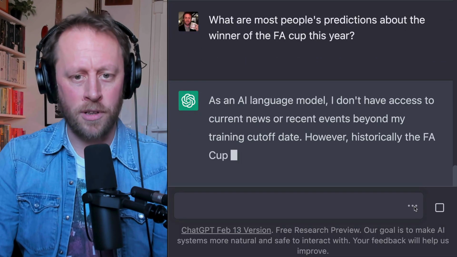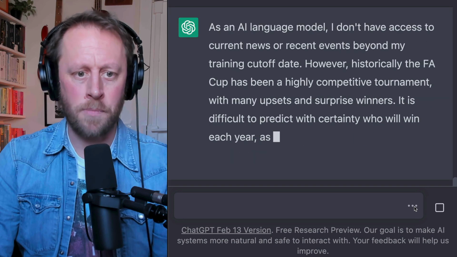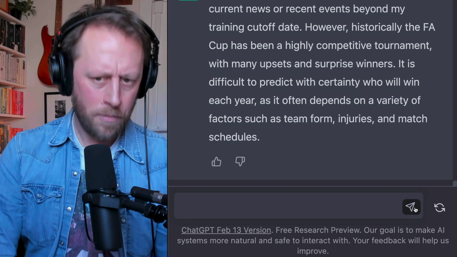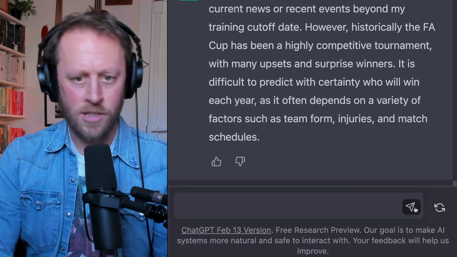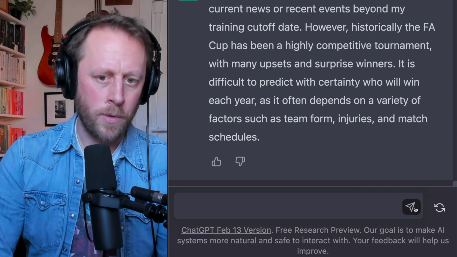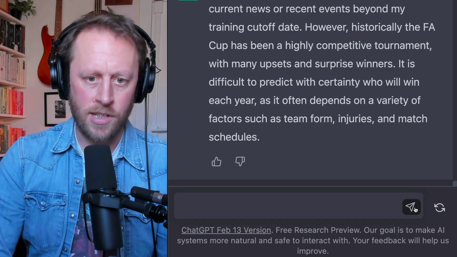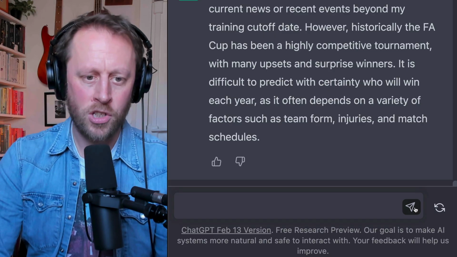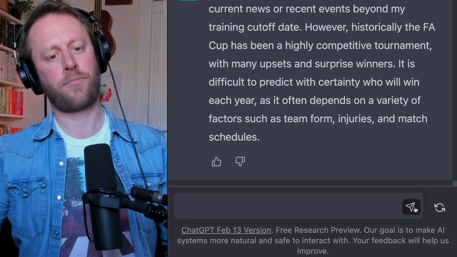As an AI language model, I don't have access to current news or recent events beyond my training cutoff date. However, historically, the FA Cup has been a highly competitive tournament, with many upsets and surprise winners. It is difficult to predict with certainty who will win each year, as it often depends on a variety of factors, such as team form, injuries, and match schedules. All right, cool, but